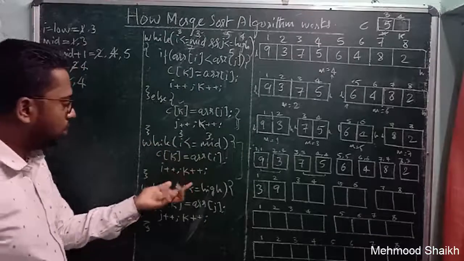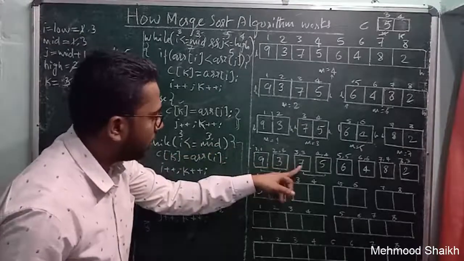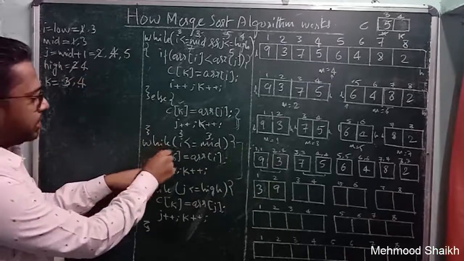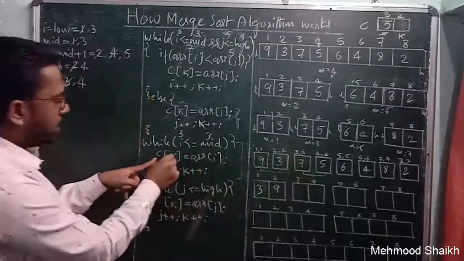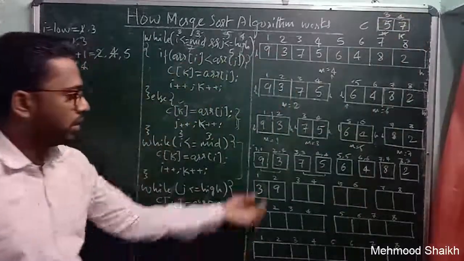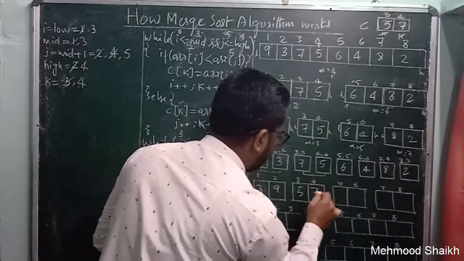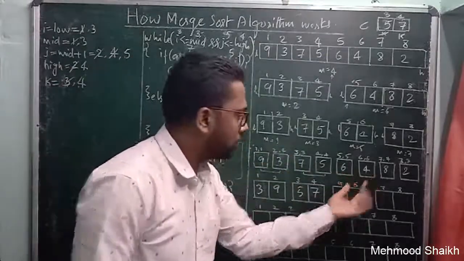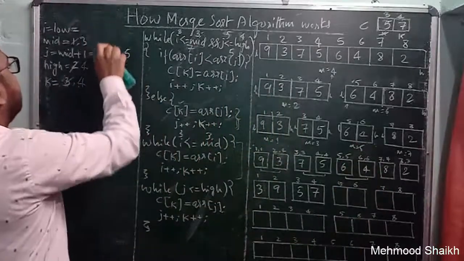So we will come inside this while loop and we will check array of I is 3. So array of 3, what is array of 3? 7. So we will move this 7 into fourth index of C array. Okay, C of k means C of 4. So we will move this array of 3, which is 7, into the fourth index of C array, and our fourth index is 7. Okay, so now we have solved these two sub problems as well. So we will put this here. Okay, so now we need to apply the same process on these two sub problems. Okay, so we will just erase it out.